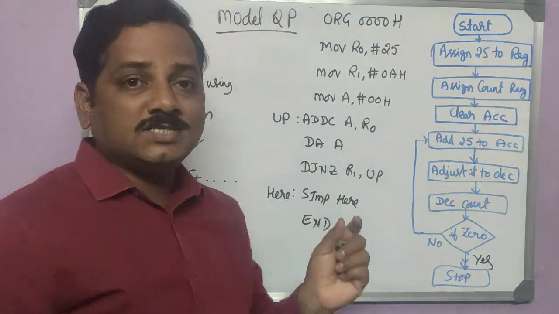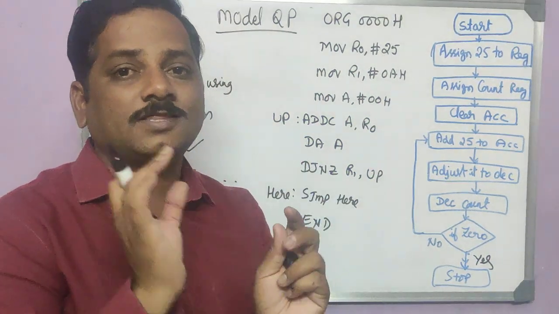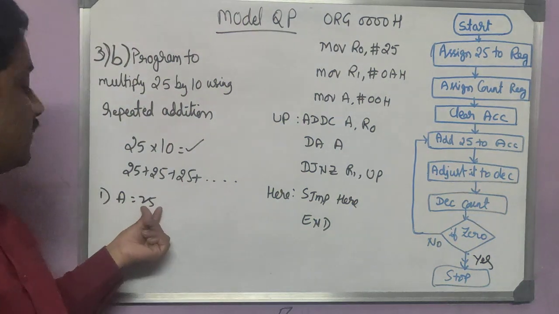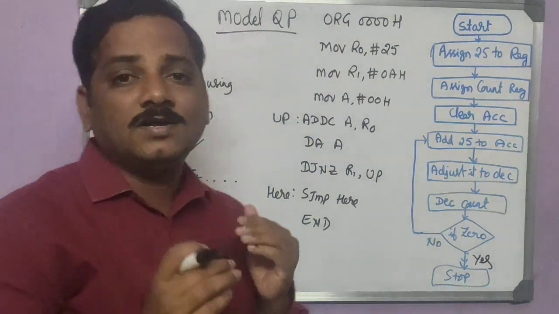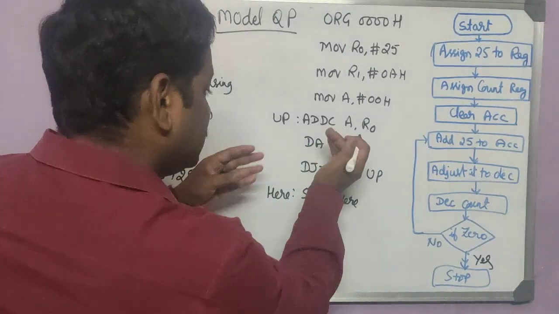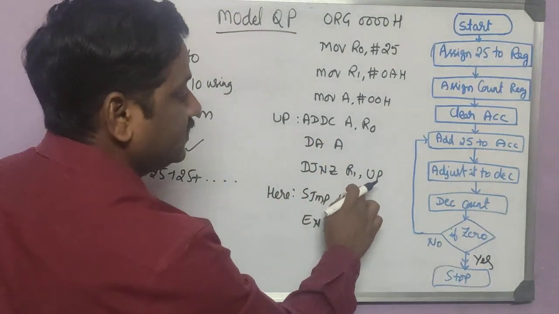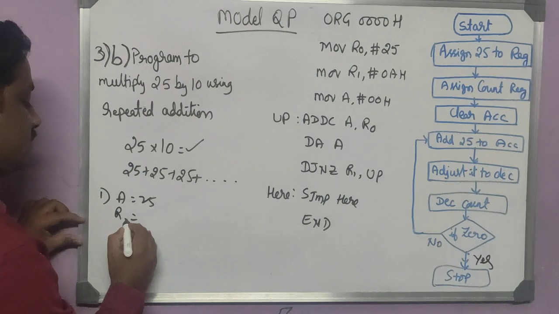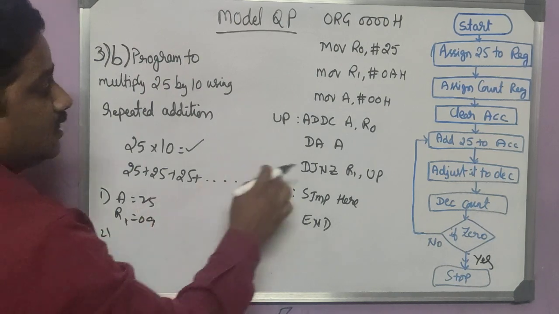It will just add 6 if there is a hexadecimal in the number. Here I don't have any hexa number. 2 and 5 are both decimal numbers, so it will not add anything. It will keep it as it is, and then it will come to this line, wherein it will decrement. Yes, R1 will get decremented, so it will become 09, and it will go back here.